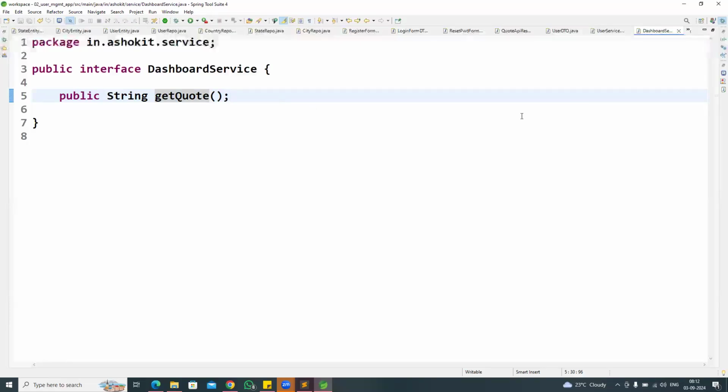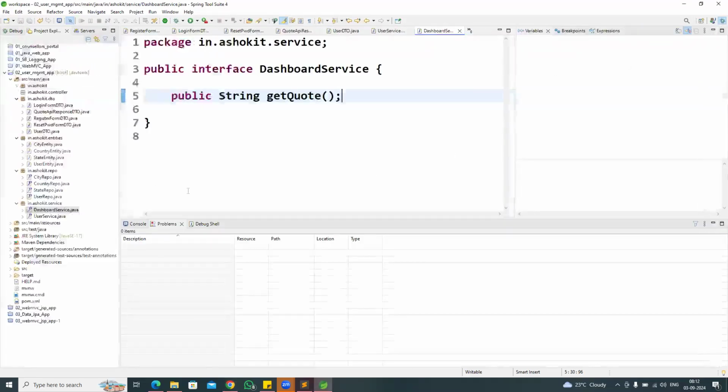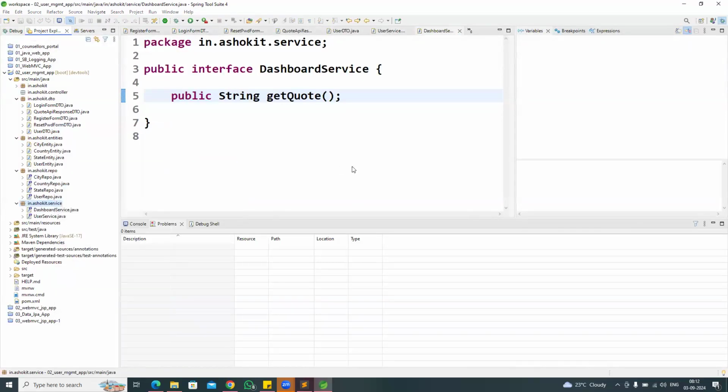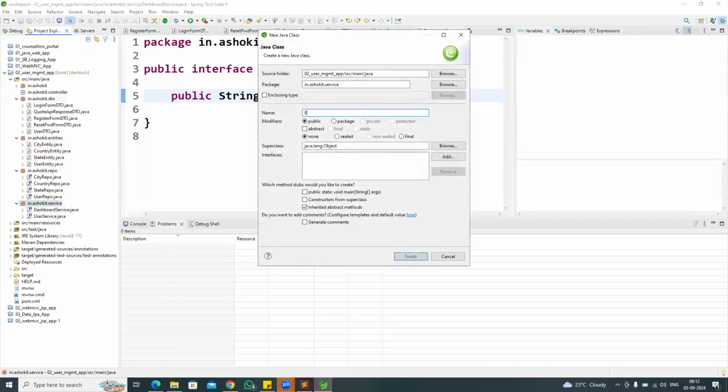From those quotations, we will take one quotation and we will send it. From that, we are going to take multiple quotations and we are going to send that quotation here. And the next one, I'm going to create an email service class, which is used to send the emails from our